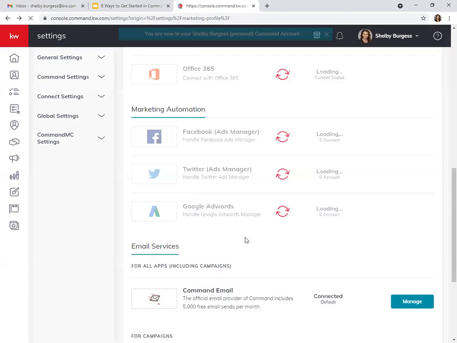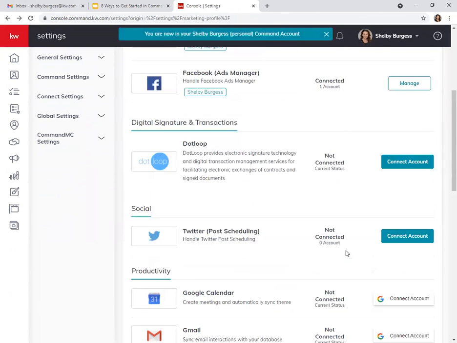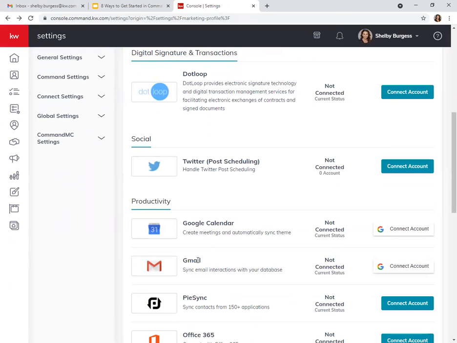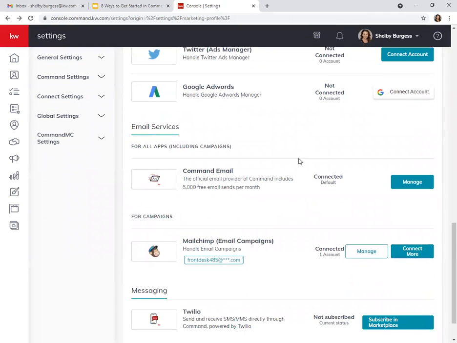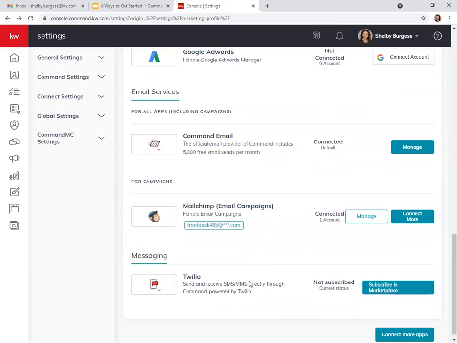So this is pretty simple, but if you want to do anything like Facebook ads, it's nice to have your Gmail connected because you all have Gmail. If you have a Keller Williams email account, you have Gmail. But when you're looking in your contact card, you can see every email that was ever sent with that person if you connected in here. So that's definitely nice. Twitter, if you want to do Twitter ads,